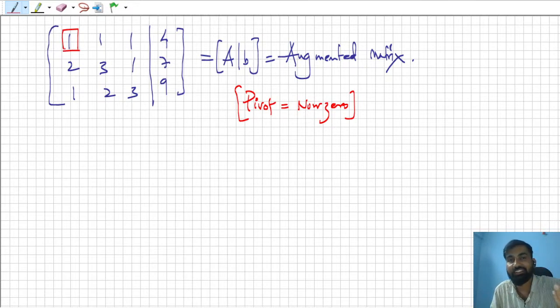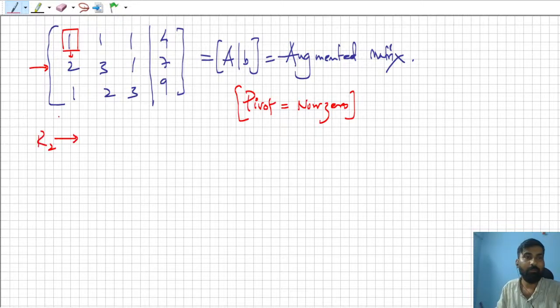What is the next step? You have to make everything below this pivot 0. You have to make this 2 as 0, and this 1 as 0. So how can you make this 2 as 0? This 2 is present in row 2, so you have to apply a row operation on R2. You have to write R2 tending to R2 minus